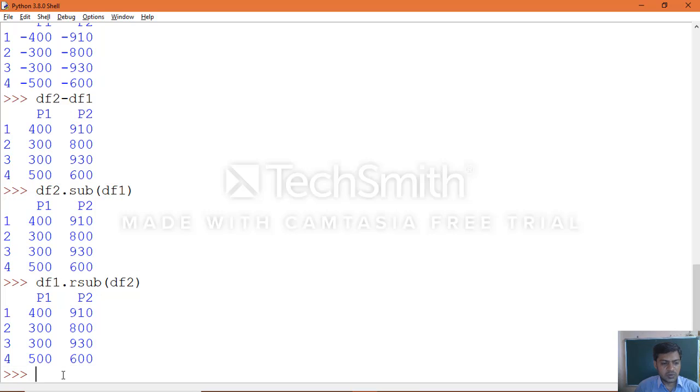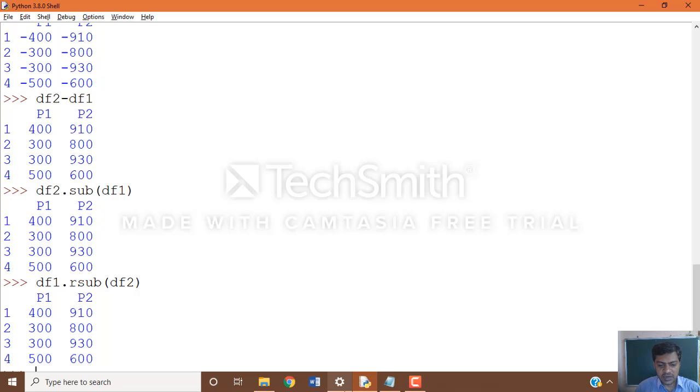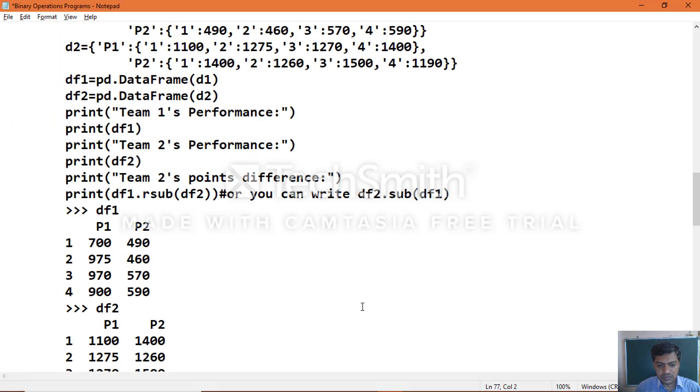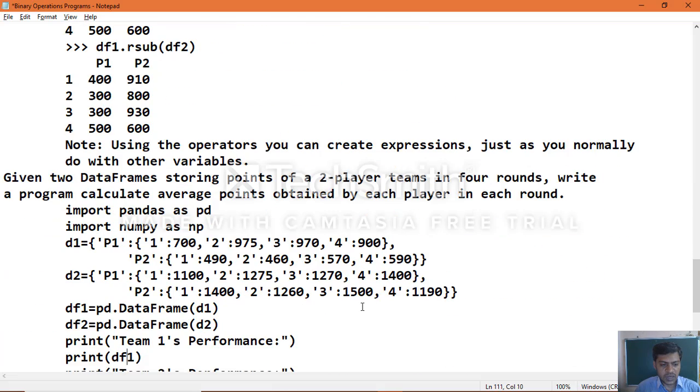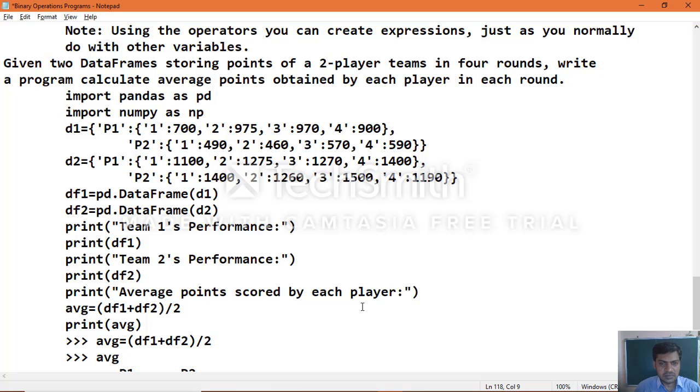Now we can move on to the calculation of the average. Okay, that is the third question. You want to calculate the average of each player in each round.